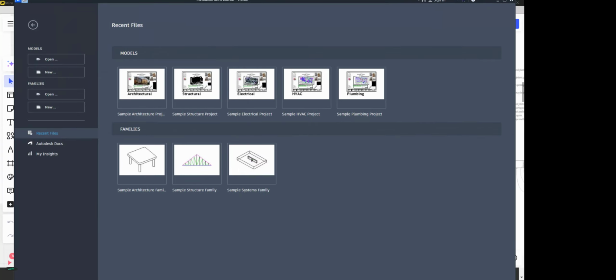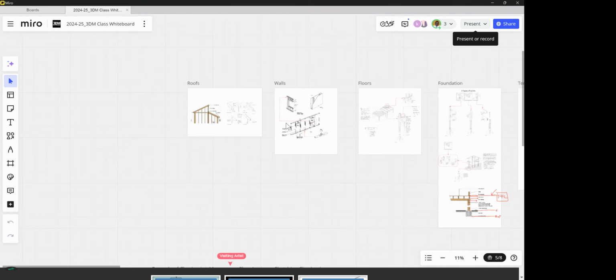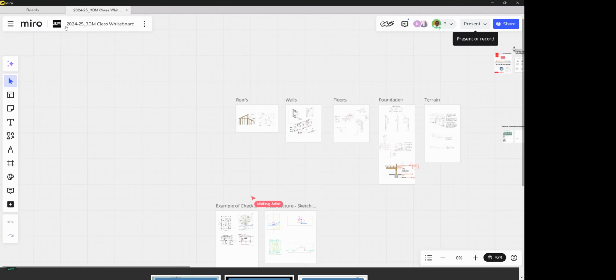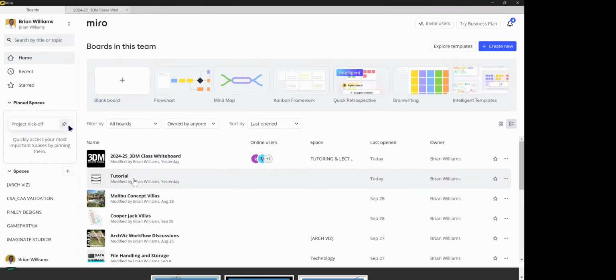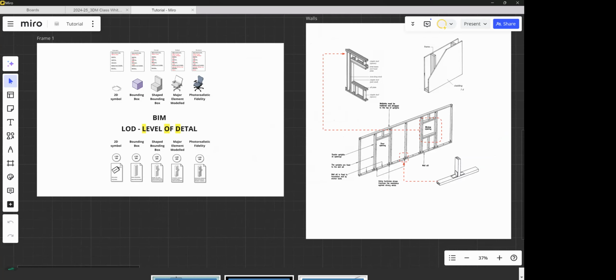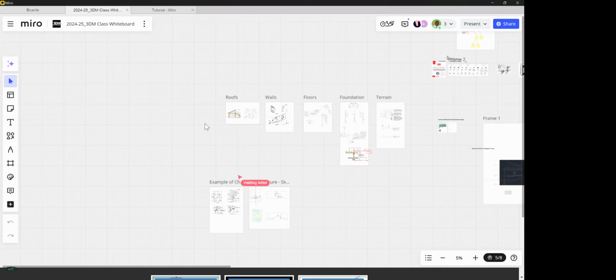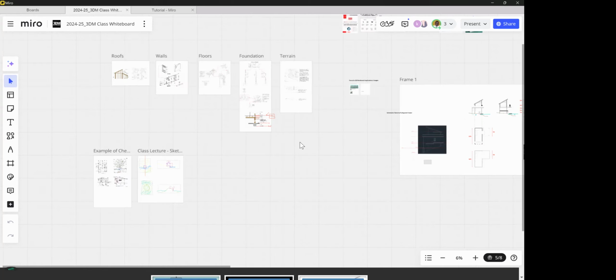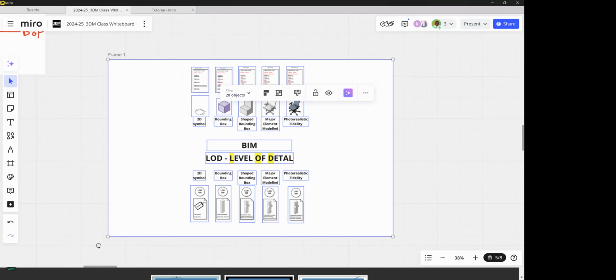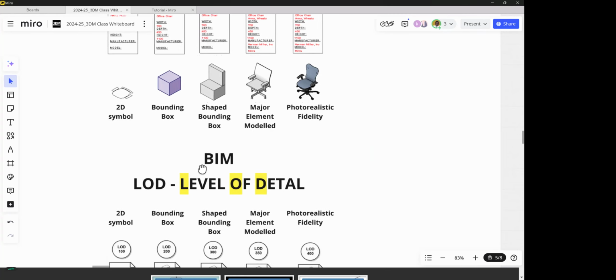All right, so I have up Revit, and I'm going to paste this slide on the mirror board, maybe somewhere right here. And it speaks about level of detail. And this is something, guys,